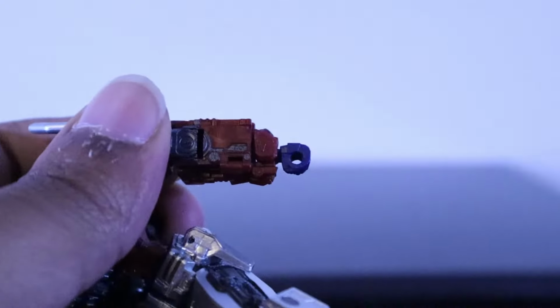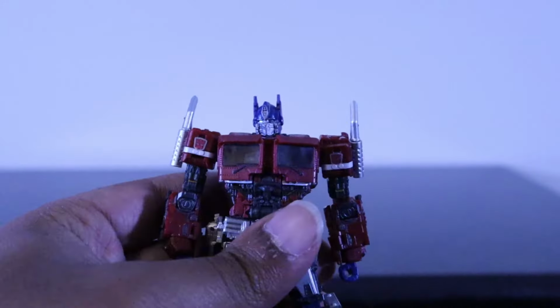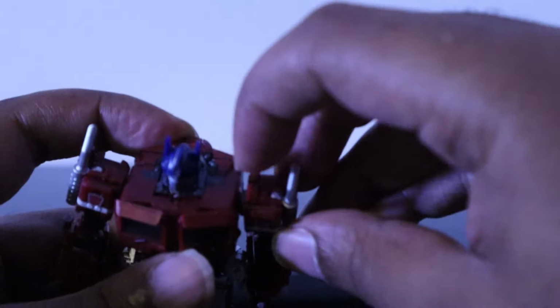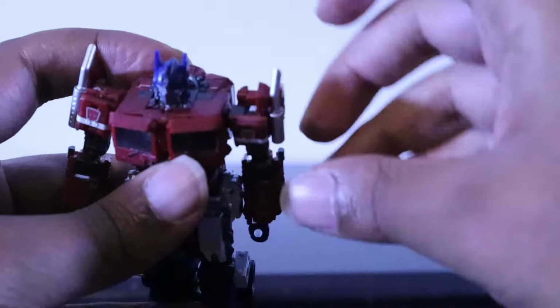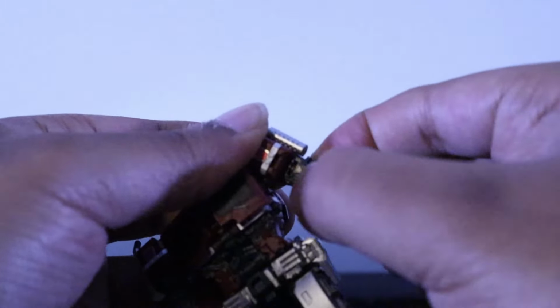So, funny thing, for the first few months when I had this figure, I thought that the arm articulation was pretty limited when it came to the elbow, seeing as how it could only bend to 90 degrees. But what I didn't know was that you could extend the arm and get a beyond 90-degree bend at the elbow, so joke's on me, I guess. Though I do wish we had a butterfly joint here, though I understand that there probably weren't enough virgins to toss into the volcano to forge this figure with everything else that this figure can pull off,